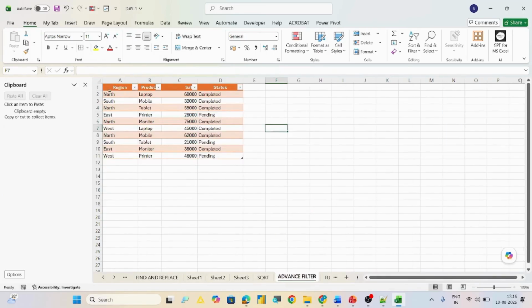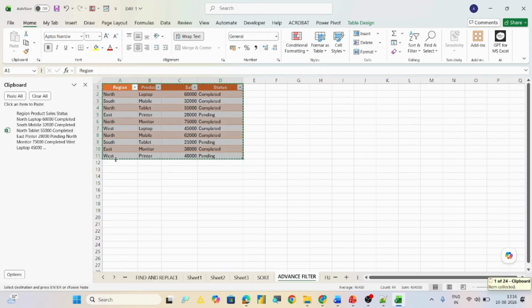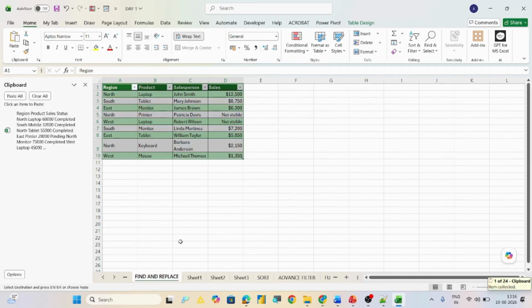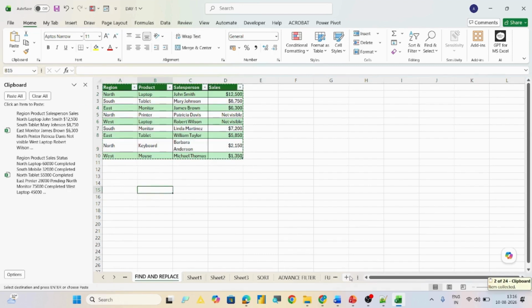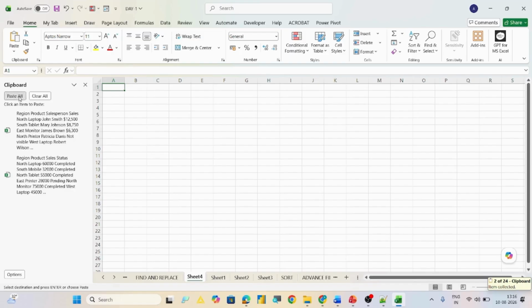Let's say you have copied this data, Control C. Now again this data is over here and then you copied this data, and Control C. Now in this new sheet, if you say Paste All, it will paste. But why is this error coming? Because it is not in the area where it should appear. It is overlapping each other.